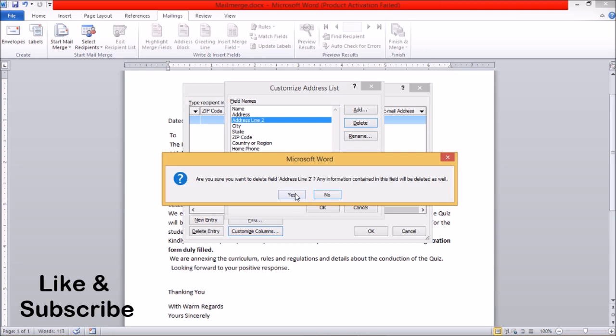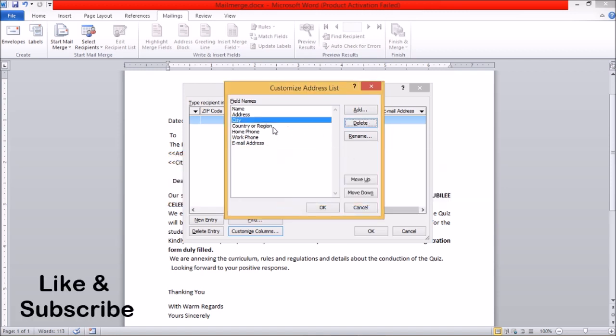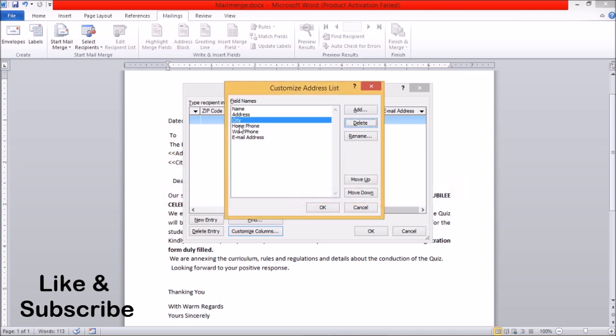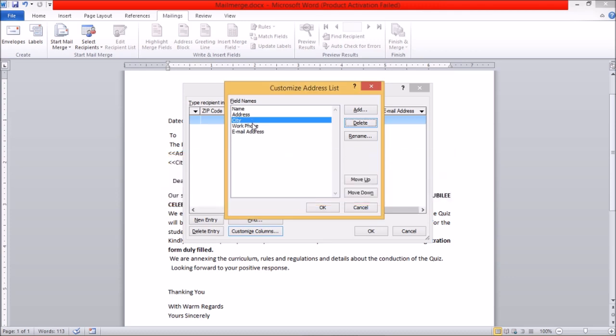Delete. Okay, city we want, so we just keep it like this. And then state we don't want, we can delete. If you want, then you can keep it like this, and then you have to fill the entries. So these are just the column names, that whatever columns we want we can keep. I'm just deleting other columns because I don't want them in my table. Okay, so just delete them. I'm just taking 3 columns.